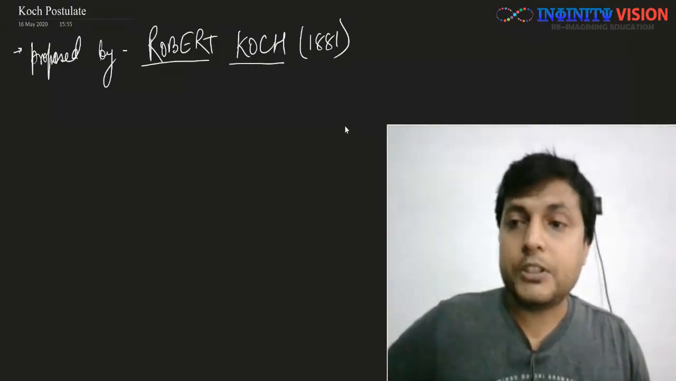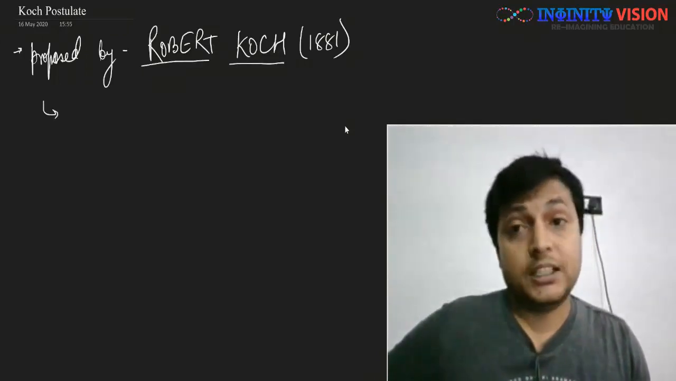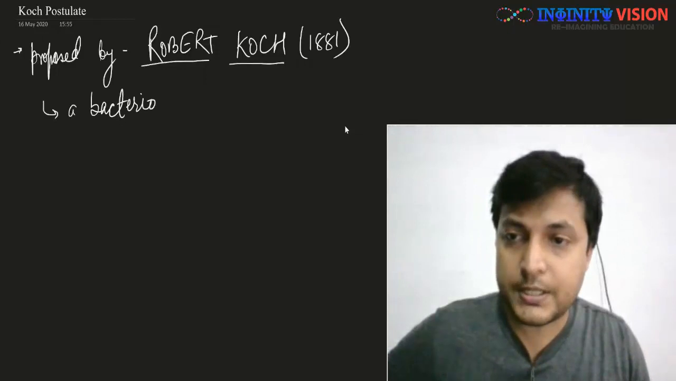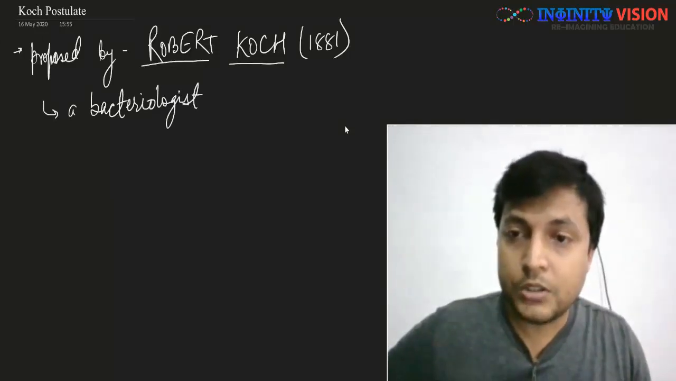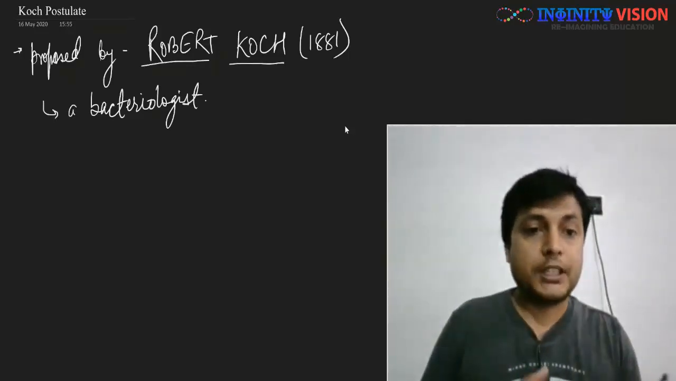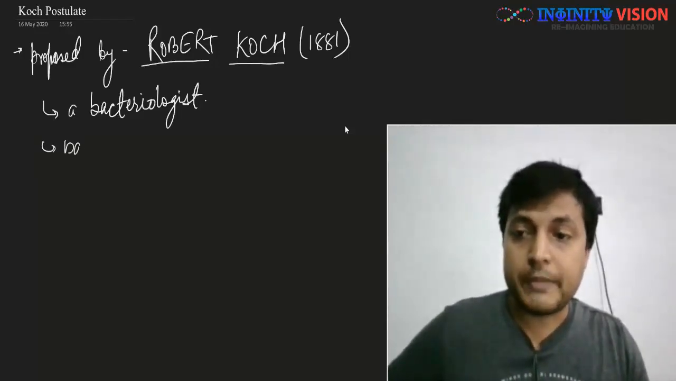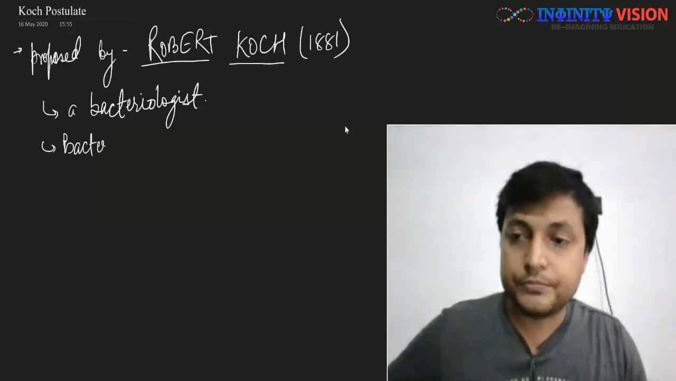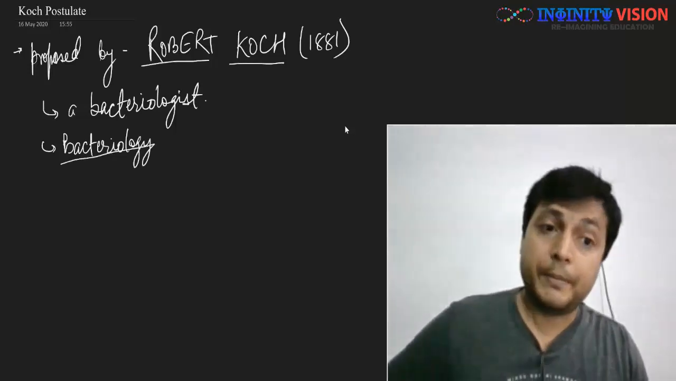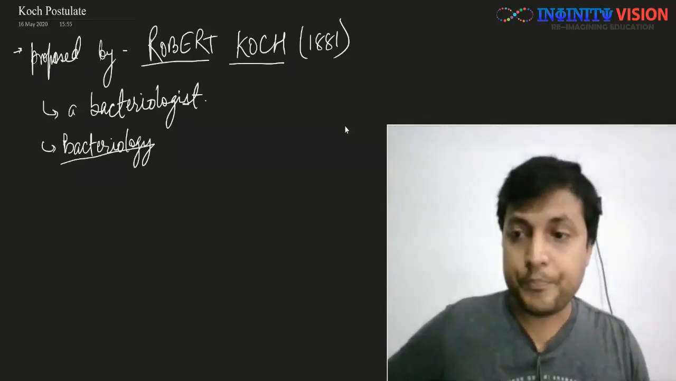Now, Robert Koch was one of the most renowned bacteriologists. Now who is a bacteriologist? The scientists or the people who study about bacteria are called bacteriologists. The study of bacteria is called bacteriology. So those who do bacteriology are called bacteriologists, and Robert Koch is one of the most renowned bacteriologists, and he